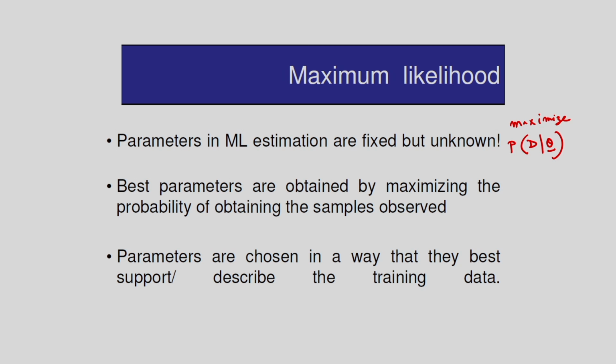Now, let us see the mathematics behind the maximum likelihood estimation. In the case of Bayesian decision theory, we have to estimate the probability of Wj given x. For this, I need the information of x given Wj, that is the class conditional density, and also the prior. And this is the evidence, the sum over j equal to 1 to c of the probability of x given Wj times the probability of Wj.